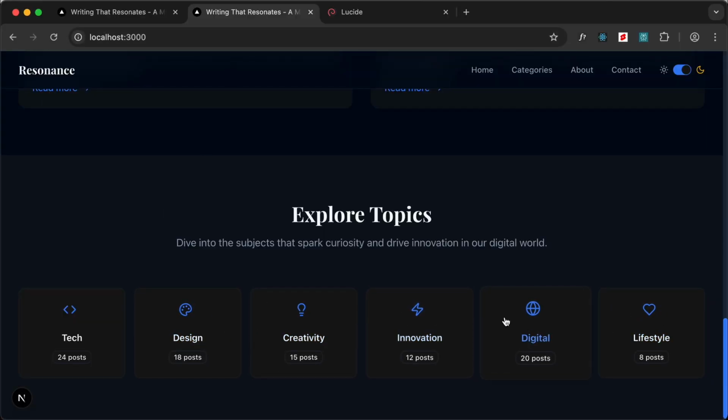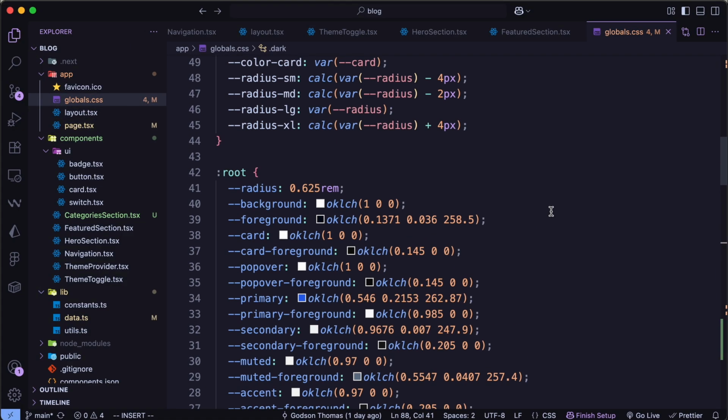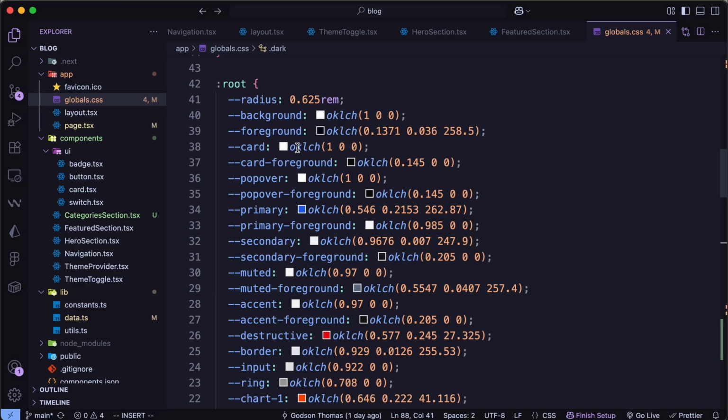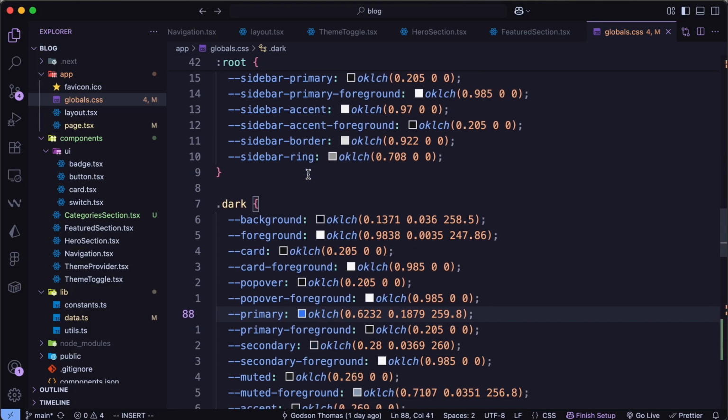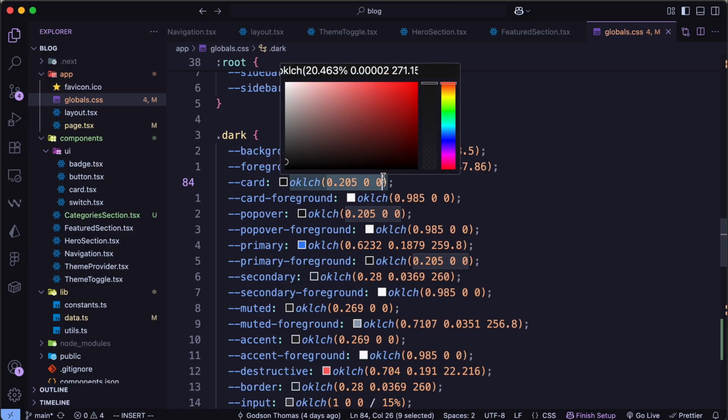Now let's change the background color. So let's go back, and let's go to the globals.css file. Now here for the root, we have the card color set to 100, which is the white color, and it is alright for the light theme. For the dark theme, let's change the color over here. So let's change this value to